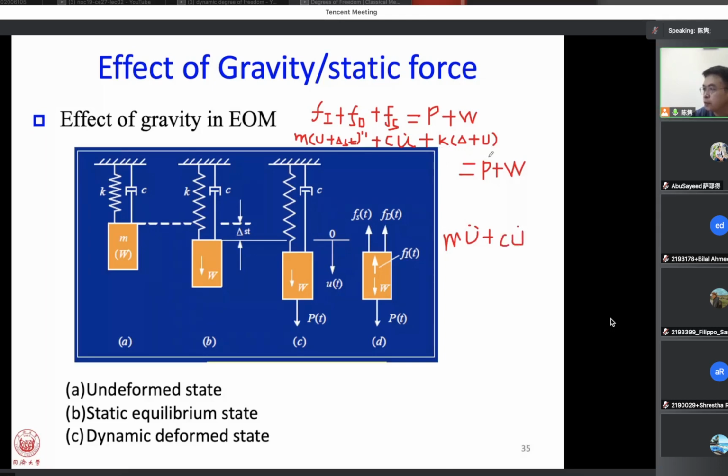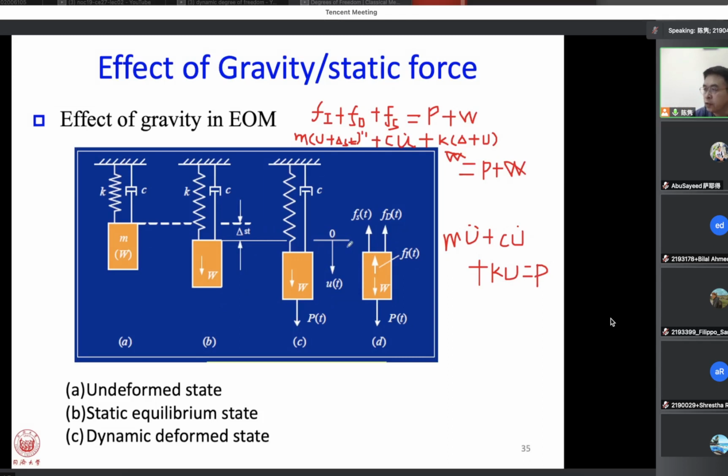Then if you use this k delta, remember this is w, right? As I just mentioned, this k delta equals w. And then it should be k u and p. And because we have a w here on both sides of the equation, we can cancel this. So we cancel this, and cancel this, so it equals p. Which means